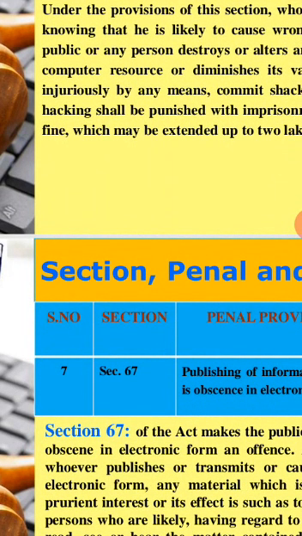According to these provisions, whoever publishes or transmits, or causes to be published in electronic form, any material which appeals to the prurient interest, or whose effect is such as to tend to deprive and corrupt persons who are likely, having regard to all relevant circumstances, to read, see or hear the matter contained or embodied in it,